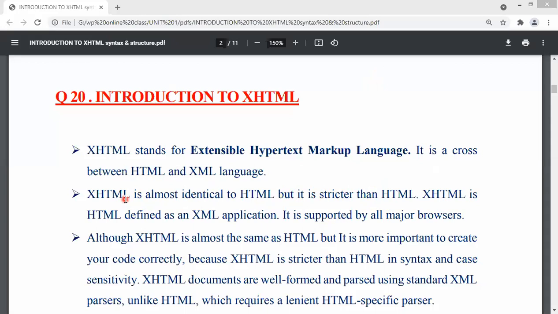But if I impose a rule saying that after sending the link, for 5 minutes nobody is allowed, are you getting it? That is what XHTML is. So XHTML is stricter than HTML, whereas it takes all the basic rules that are applicable from HTML only.